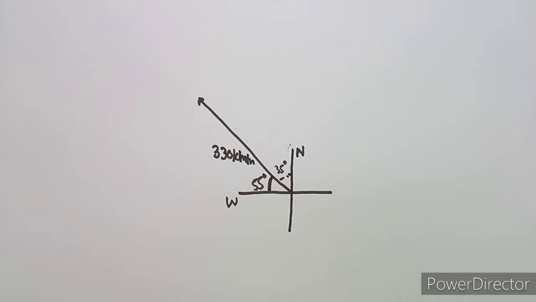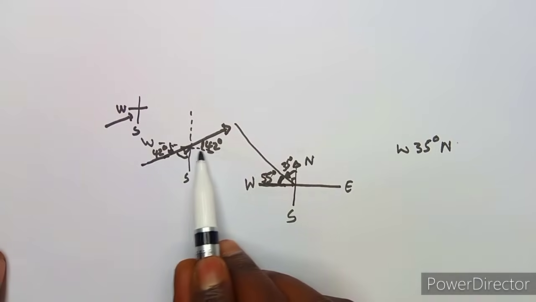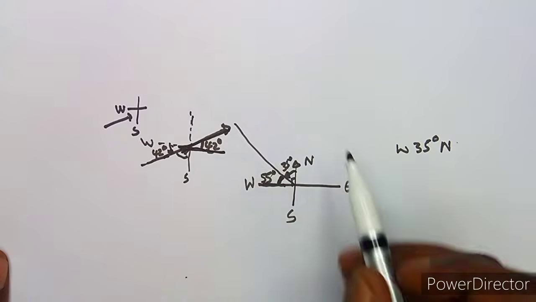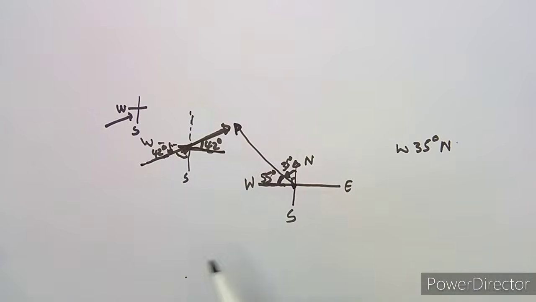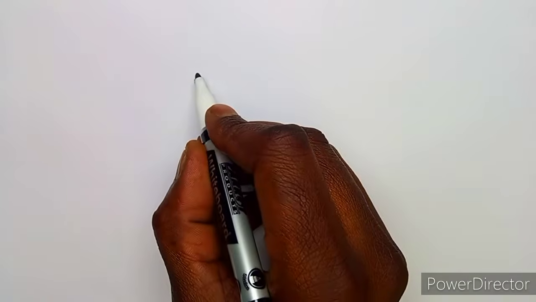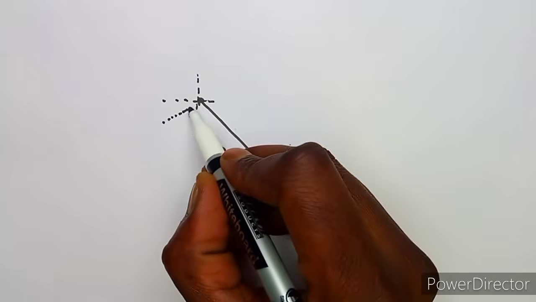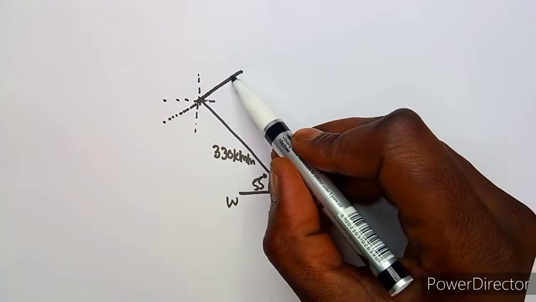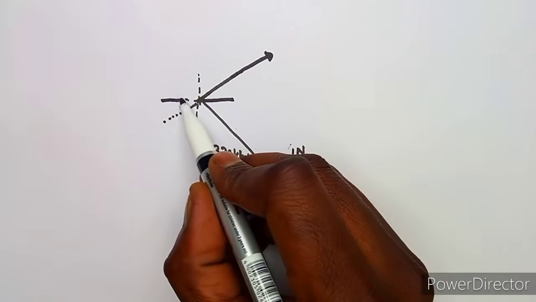Then remember our wind. This is where we are having our aeroplane from, and the wind is going to blow, and we said this is what is going to happen here between the horizontal line and positive. It is going to extend. Remember your forces: the aeroplane is from this point going this direction, but the wind will be blowing inside, so you extend it. If we have our Cartesian plane here, this one is going to be like this, then it extends. This is our extension of the wind.